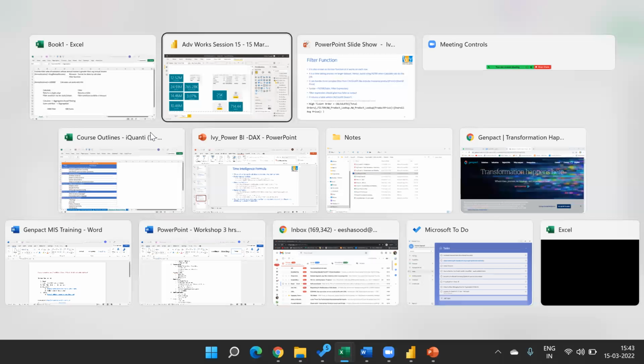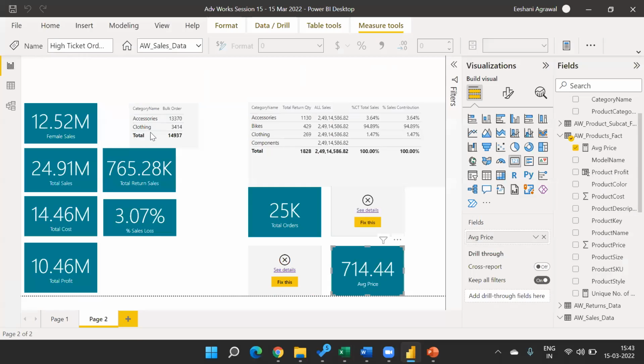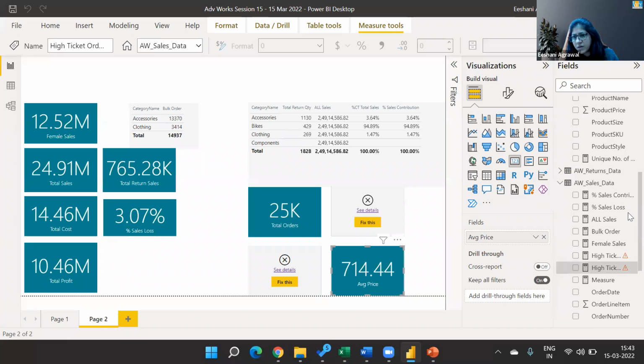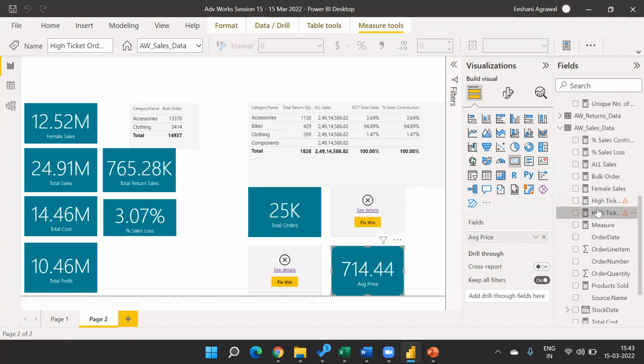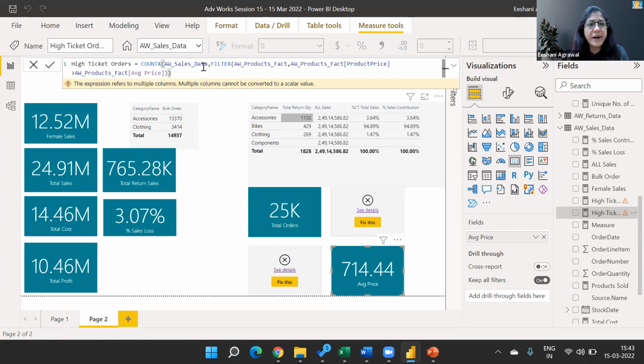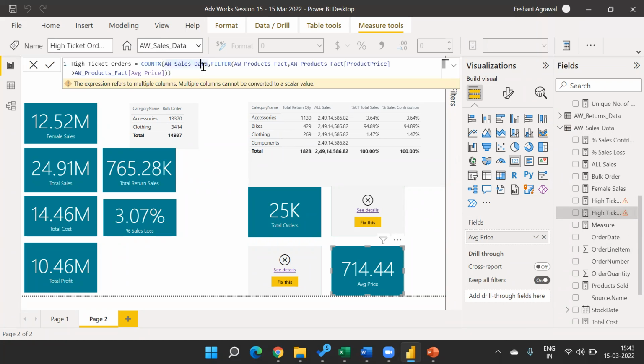Ishani, could you show that context expression again? What columns you have used? Which one? The context, which you were doing earlier. Oh, context. I was trying to hide it. What was the context question here? Same high ticket orders. Okay, sales data, we filter the product where the product price is greater than the average